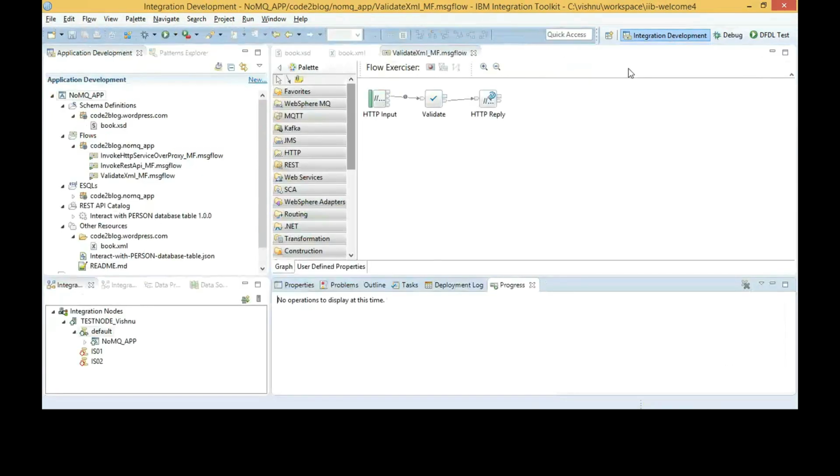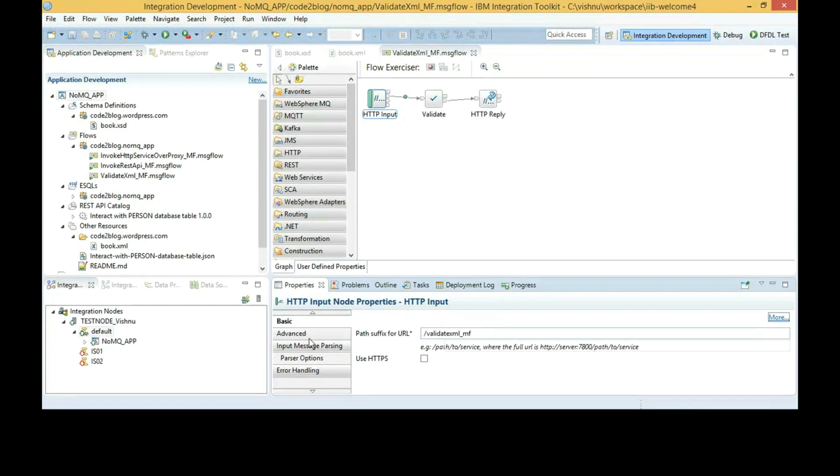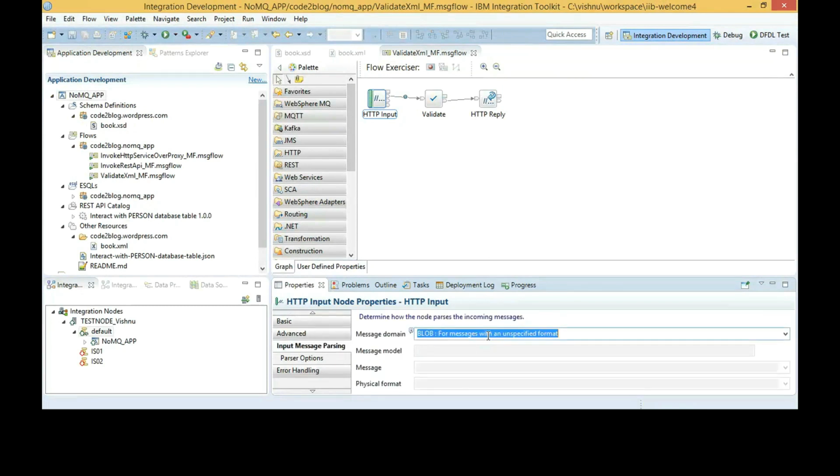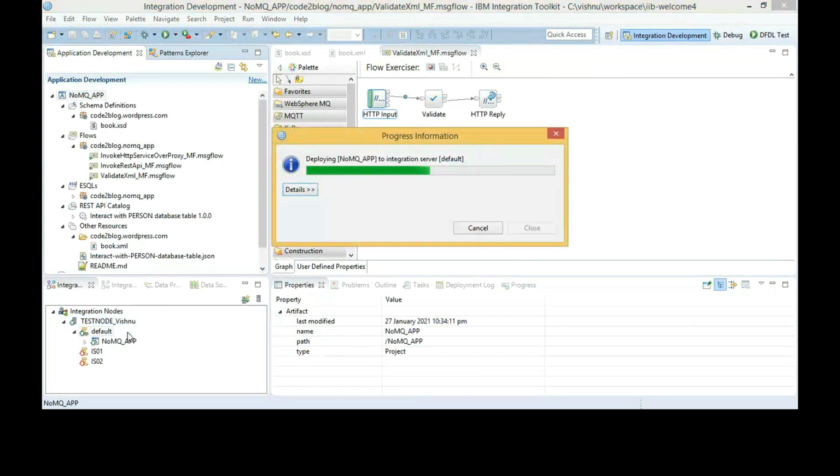To fix this error, you have to change the domain set on HTTP input node as blob, change it to XML NSC. Deploy again and test with SoapUI.